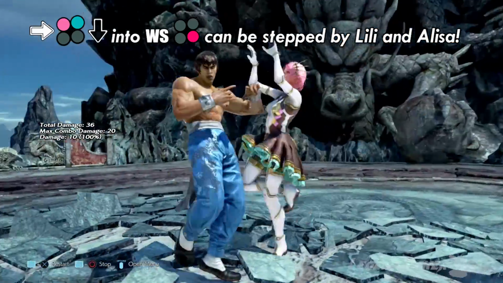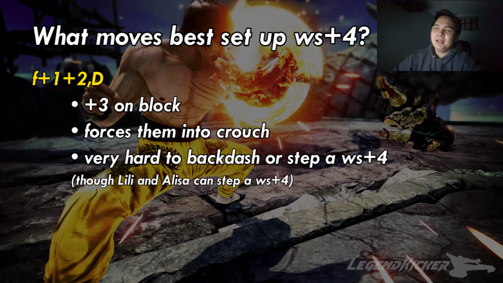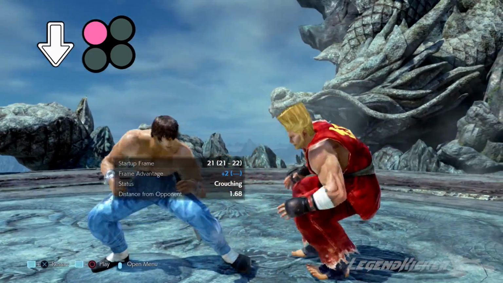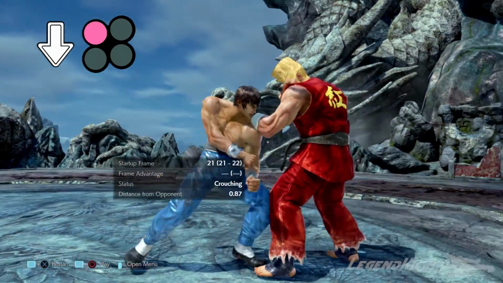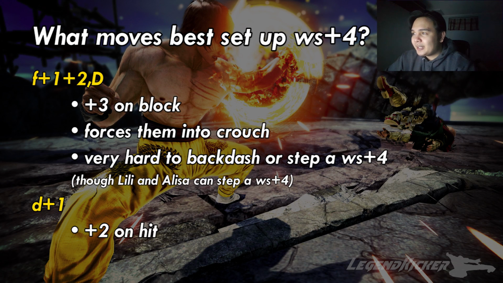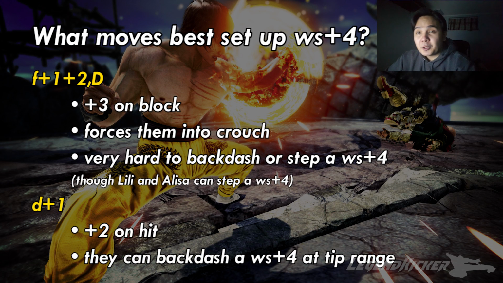They're too slim, so they can sidestep away. And the next move is down 1. Like a forward 1+2, this also puts Law at plus, but slightly less at +2. But that is still enough to make a while standing 4 uninterruptible. They can only backdash away from a while standing 4 if you land this at dip range, so better keep